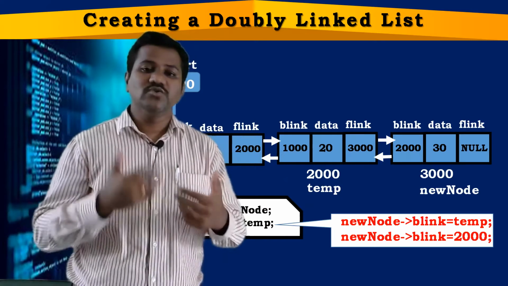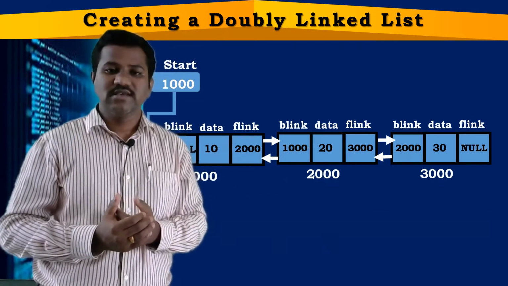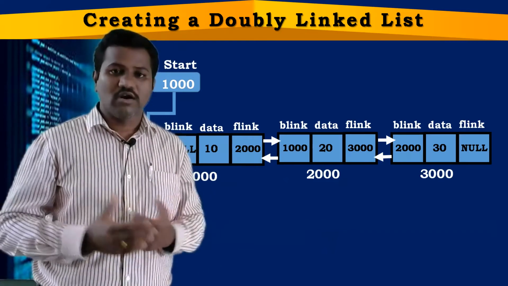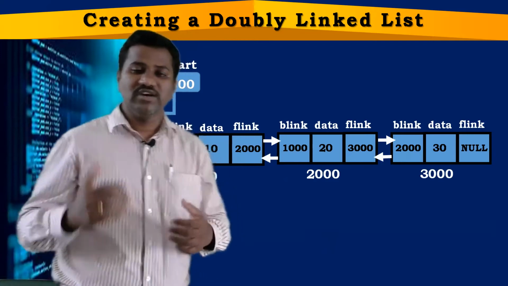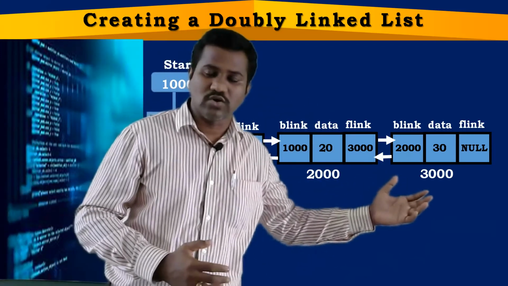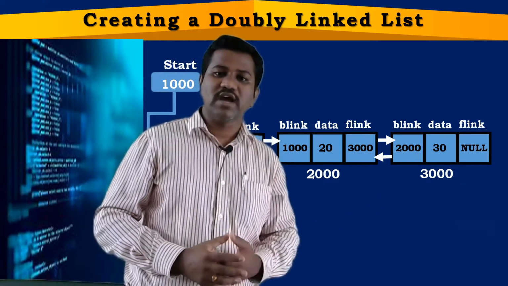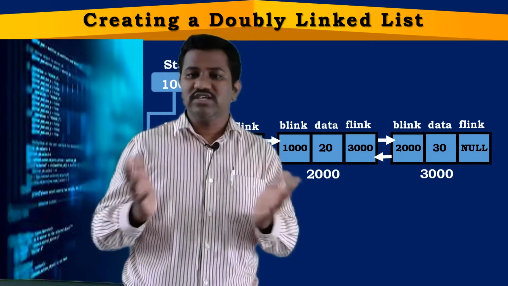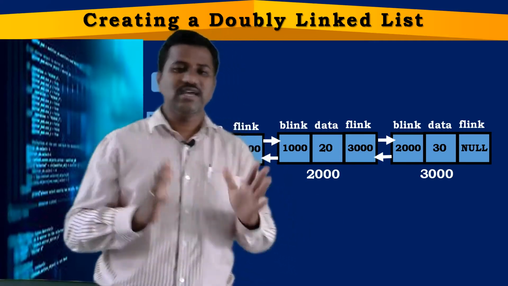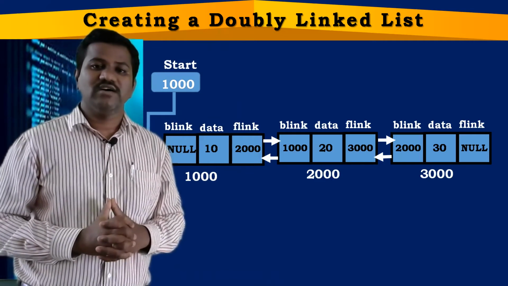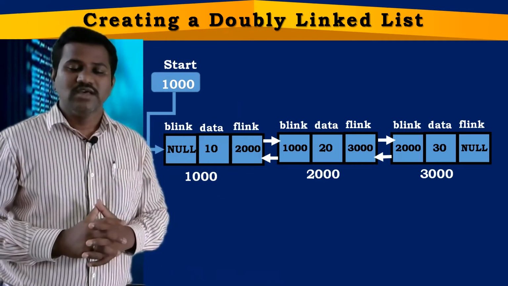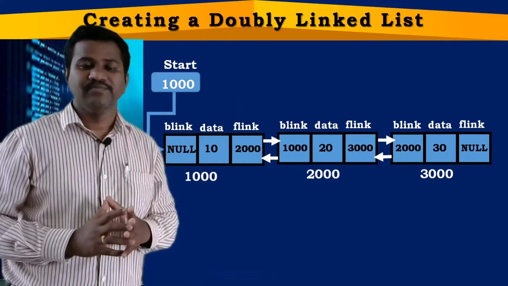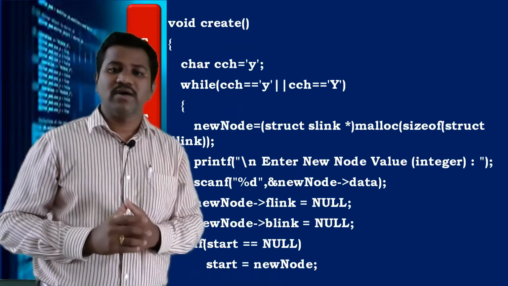Suppose the user wants to create another node, then again we need to allocate a block of memory. After that we need to check whether we are creating the first node or not. If we are not creating the first node, then we need to start visiting from the first node till the last node. After reaching the last node, your last node is going to become temp, and your new node is going to become new. We establish the link between temp and new. The same procedure we followed in the case of a single linked list, here also we are going to follow, except that we are including one additional instruction. That's it. Let us look at the coding part of this.